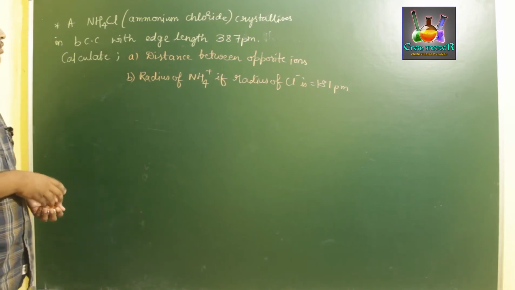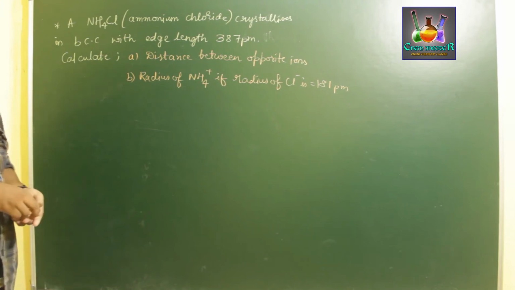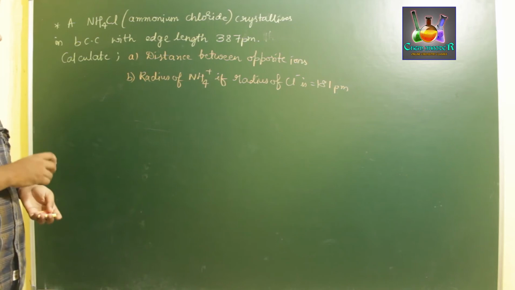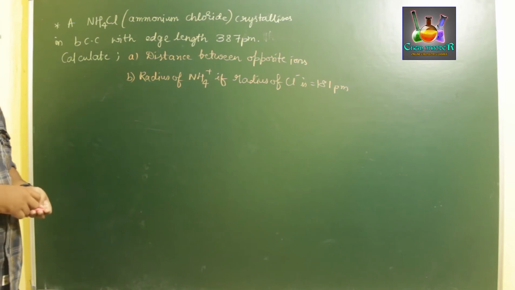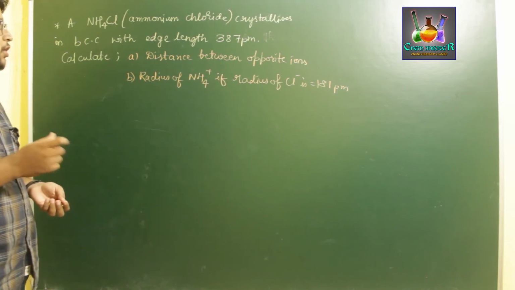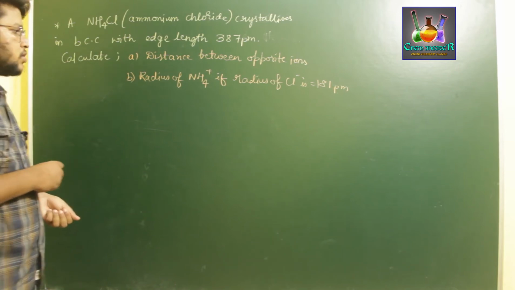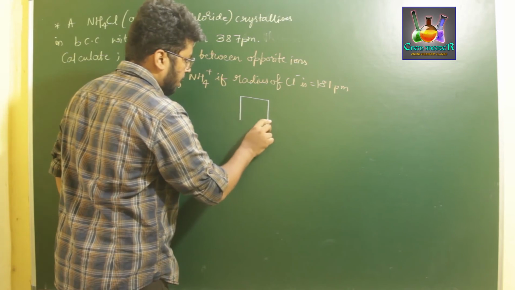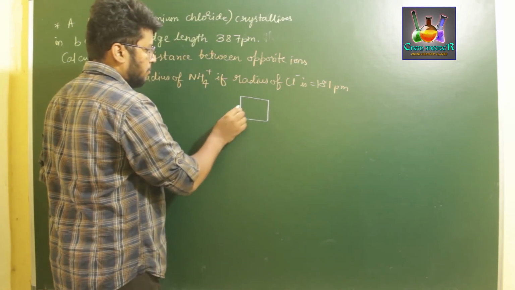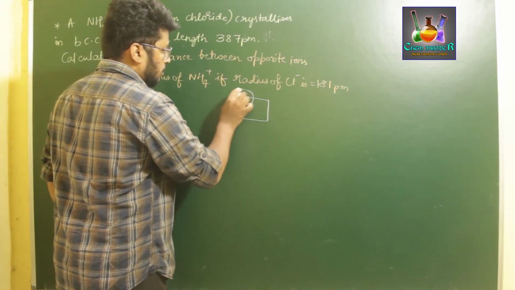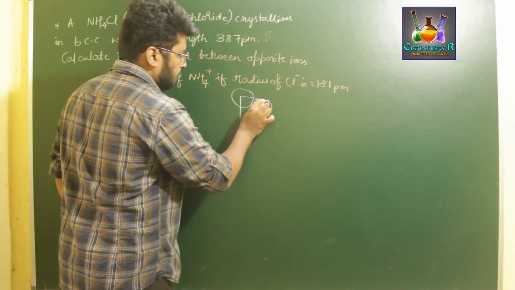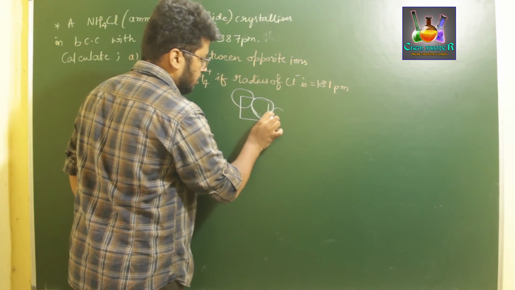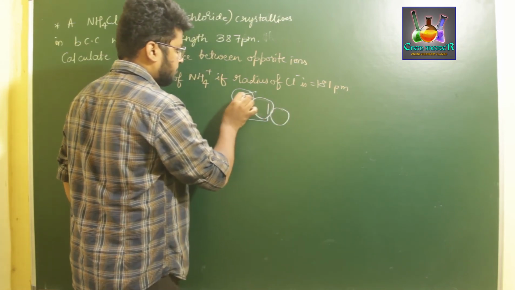So they have given us that the compound is forming a BCC lattice. This is not a problem which can be explained with respect to the density formula. You need to use just the BCC lattice. If you consider a BCC lattice, it has atoms passing through the diagonal, which are touching one another, just like this.